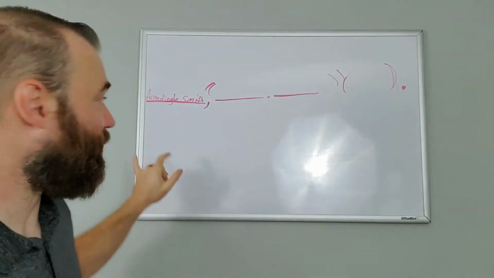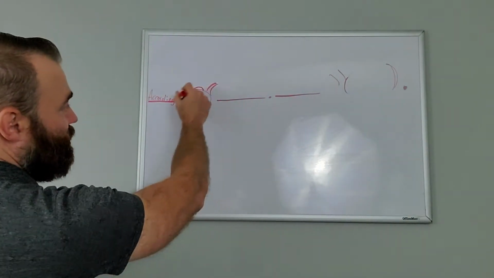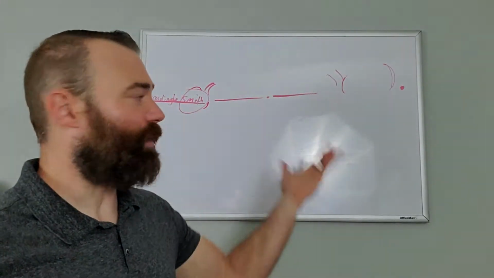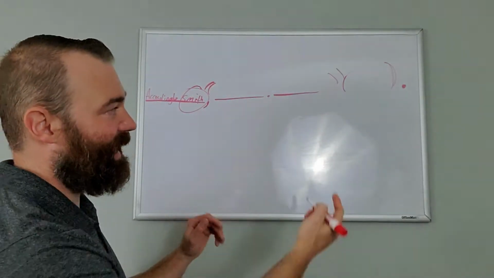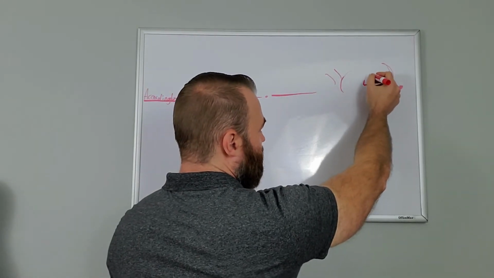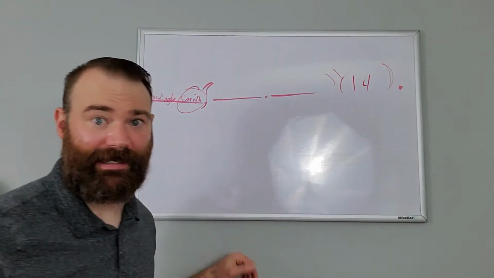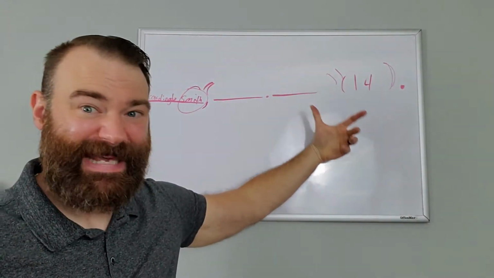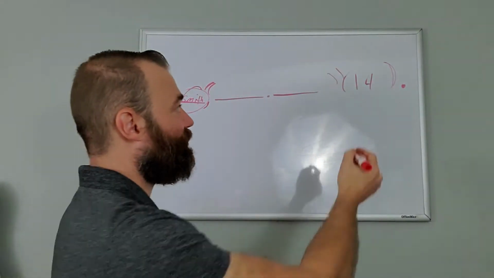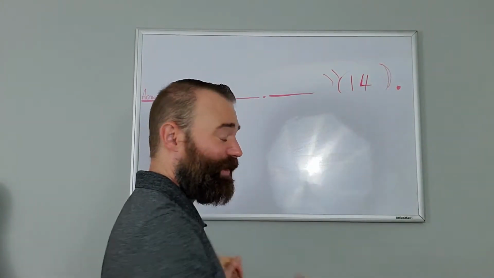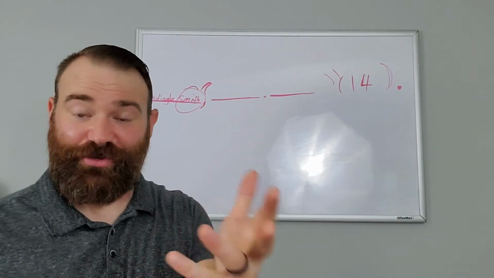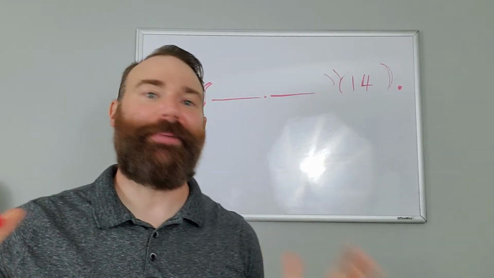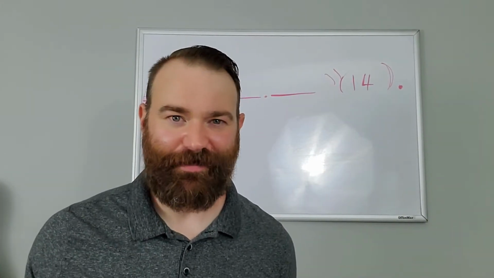Now we know who said it because we have the author's last name. So we always need the author's last name. But we don't know what page it was on. Okay, so that is why we will put, maybe it was on page 14. Now you notice how I did not write the word page. I didn't put P. It's just the number 14. Because I know, and your reader will know, if there is a number in the parentheses, it's a page number. There's no other number that you're going to put there.